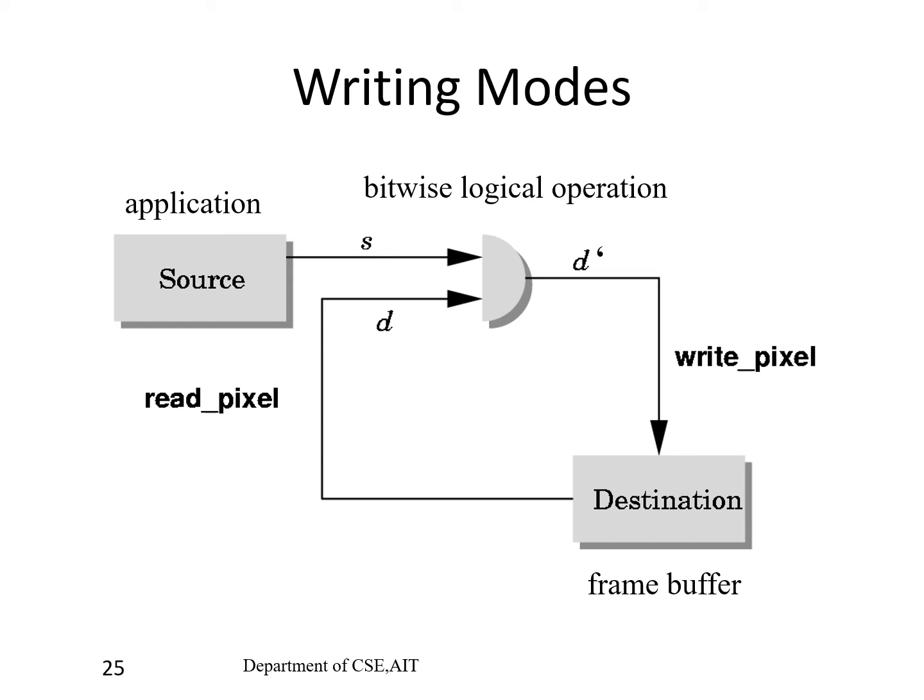So look at this picture over here where we have the model. We will consider the writing of a single pixel onto the color buffer. The pixel that we want to write is called the source pixel, and the pixel in the drawing buffer that the source pixel will affect is called the destination pixel. In the copy mode, the source pixel is going to replace the destination pixel. But when we are implementing, we can use the destination pixel in combination with the source pixel to determine what will be the color of the final pixel.